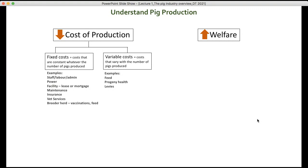The variable cost is feed for your progeny pigs. I should have clarified that, sorry. Your progeny health, so that's their vaccinations and medications, and the levies. So levies include a slaughter fee that the abattoir charges, and then also a levy from Australian Pork Limited, which is